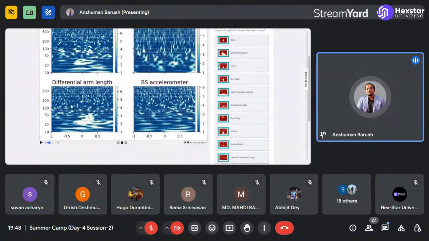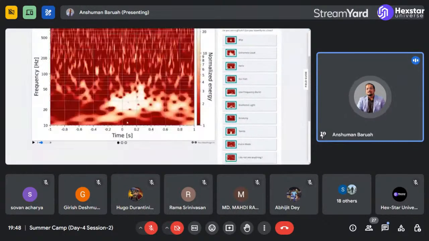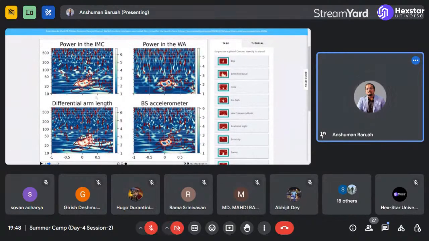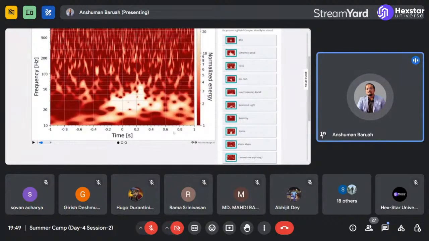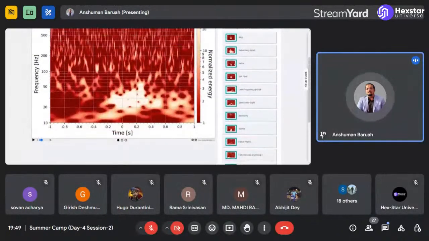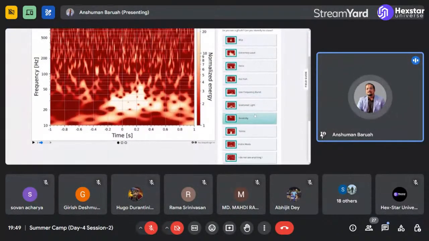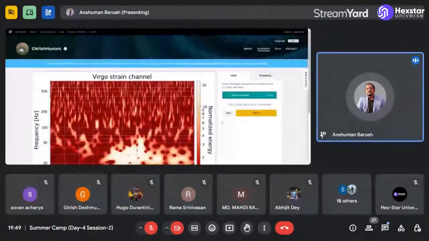And if there is a source of noise, you can highlight it here. Then you need to highlight regions in the other spectrograms that contain a feature similar to this particular little feature. This type of cross-validation gives scientists a concrete idea to make sure that this is actually a noise source and not a signal of interest that we are missing out. So let us first try to figure out what type of noise this is. This perhaps might be a scattered noise or an extremely loud noise. Let us try going with scattered light and go to the next task.